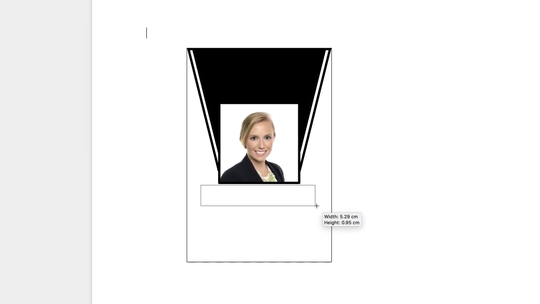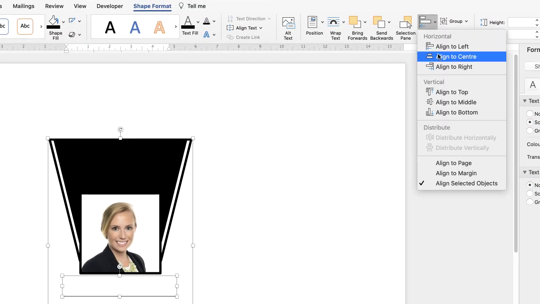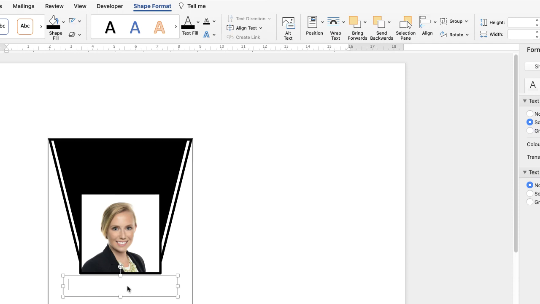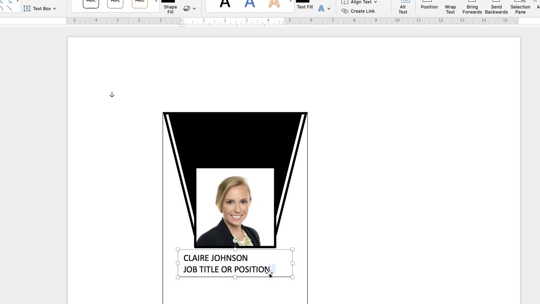So click and drag. Again, the first thing to do is align it to the center. So once it's highlighted, press the Command or Control key down, hit the outline, align, align to center. Double click inside, write your text,